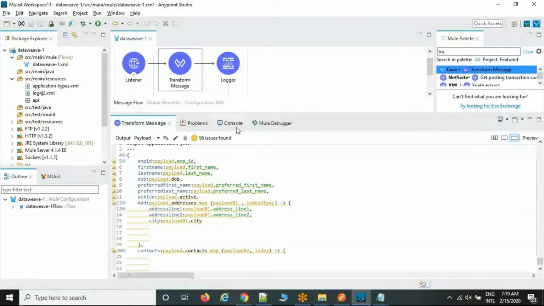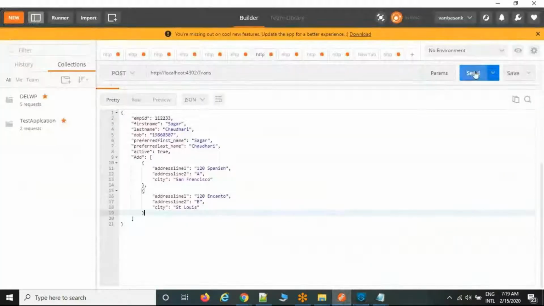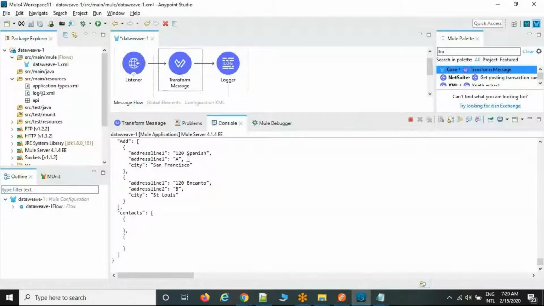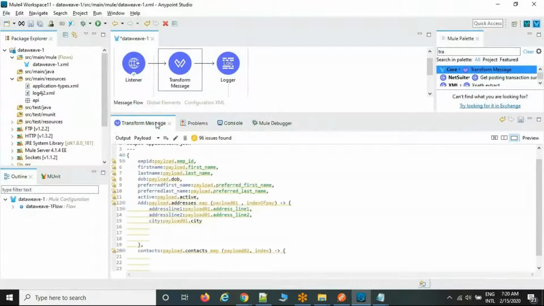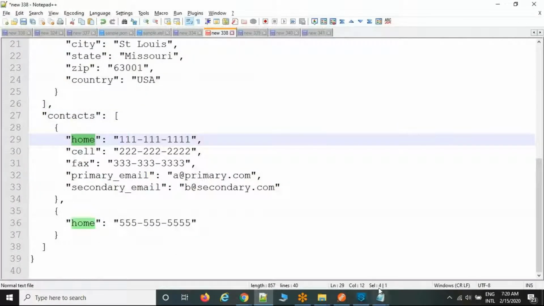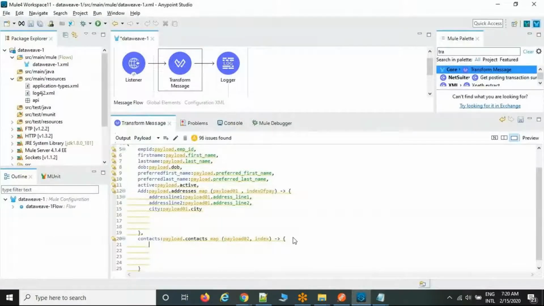Now just rerun the flow, restarted. Now you can send a request. You can see two objects are coming here within the contact. Now come back and write the elements of the contact. Home, comma, payload02 dot home.